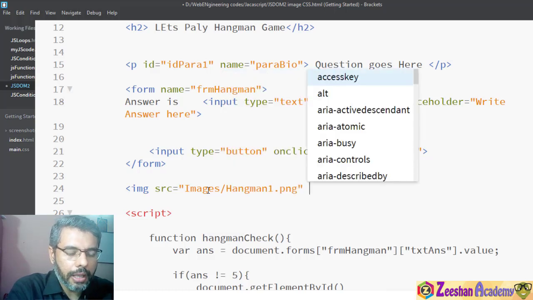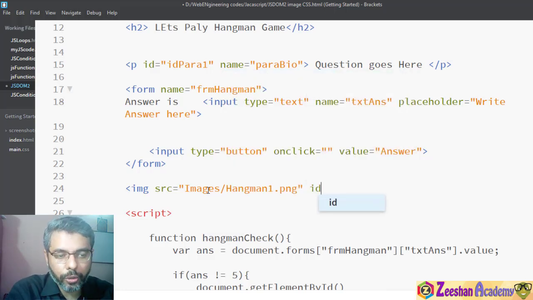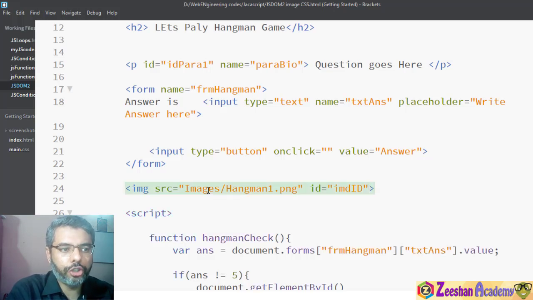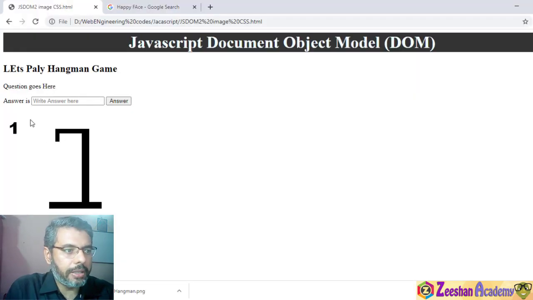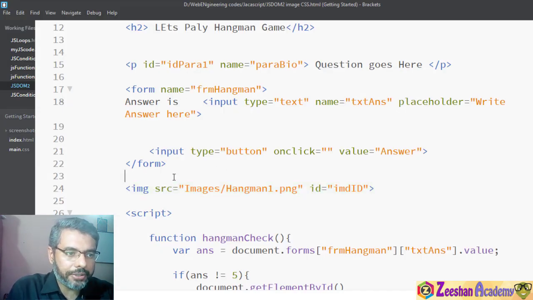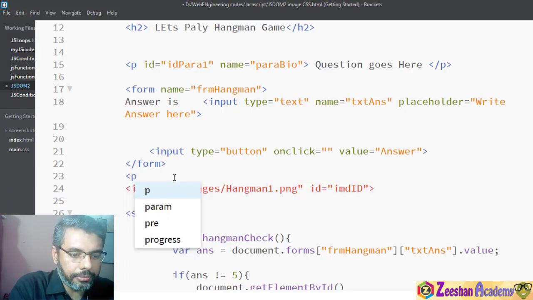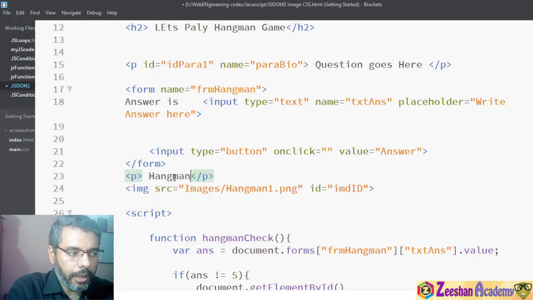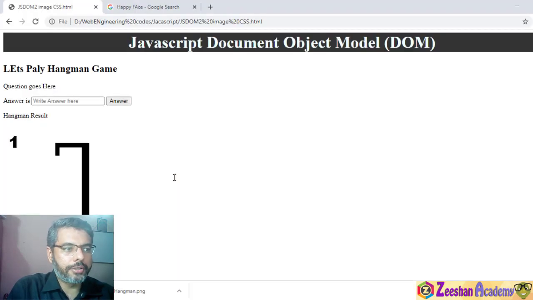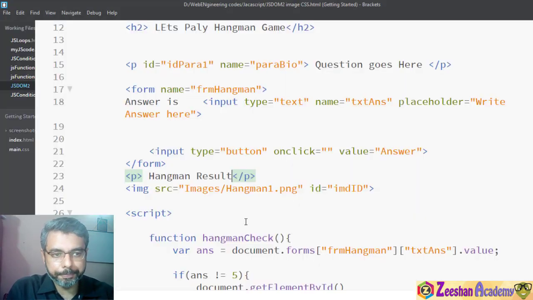Then let me give it an id, because we're going to use this to refer to it. This is img id, and let me close it, Control S. So if I go into my HTML, this is what we get. This is my initial hangman result. I can have some text here if I want. I can write a paragraph, hangman result, Control S. So we have a hangman result here.